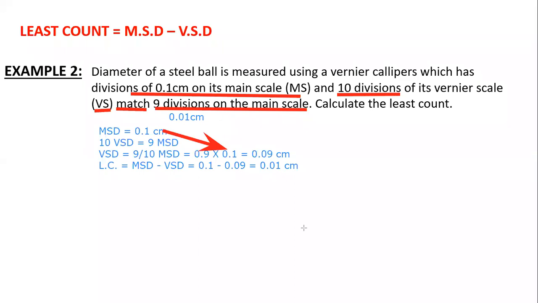Yes, Shrestha, we need to use this formula whenever they give us the relation between the vernier scale division and main scale division. It's nothing but the second statement: this 10 divisions matches 9 divisions. Whenever you get such a statement in the question, least count will be calculated using MSD minus VSD. Shrestha, is it clear? Whenever there is a relation given, only then you need to use the formula.